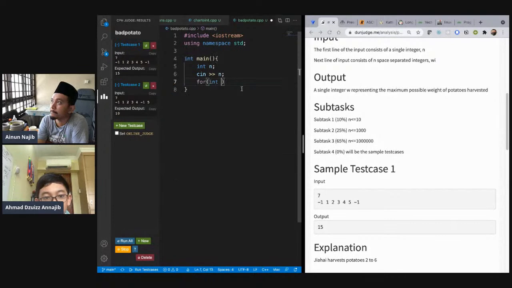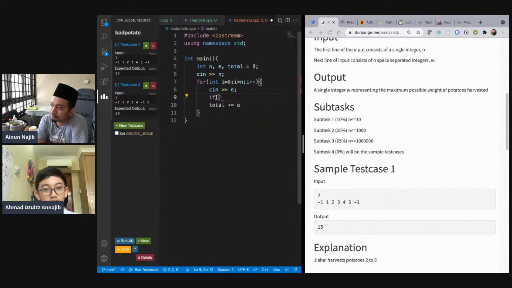Right, n, or inside equals 0. I smaller than n, I plus plus. Total equals 0. Total plus equal, no, is greater than 0, then